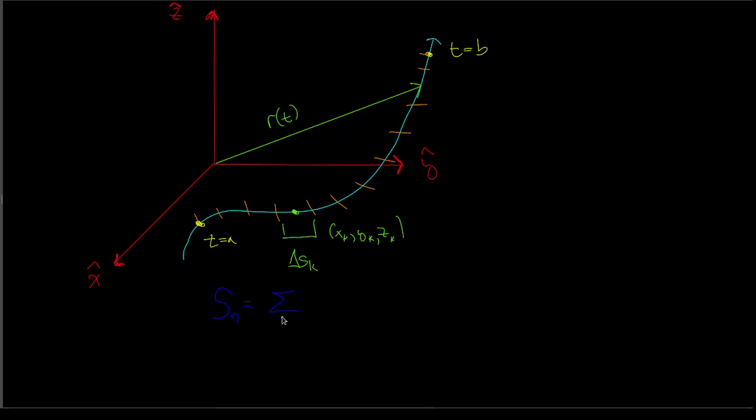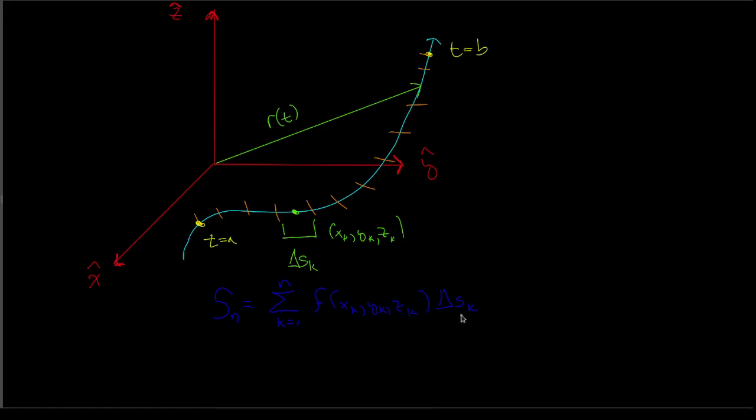We can make a sum from k equals 1 to n of this function of xk, yk, zk times our little delta s k. And depending on how we partition this, we may actually get different values for S_n. If n is continuous,